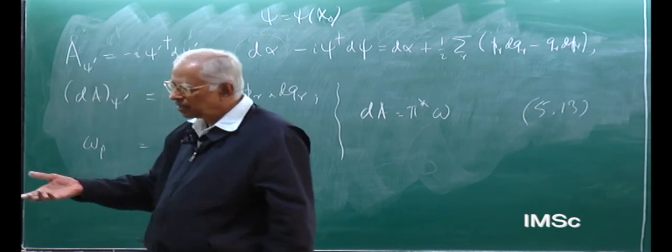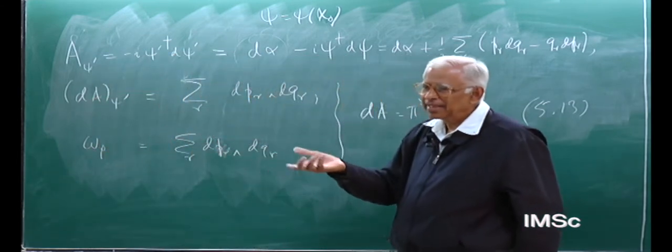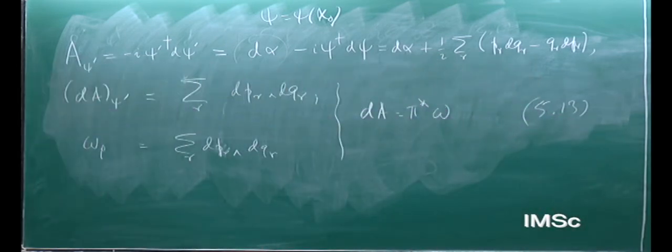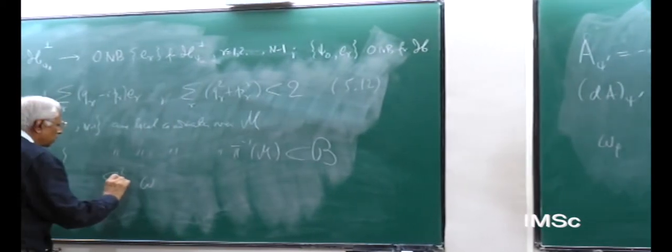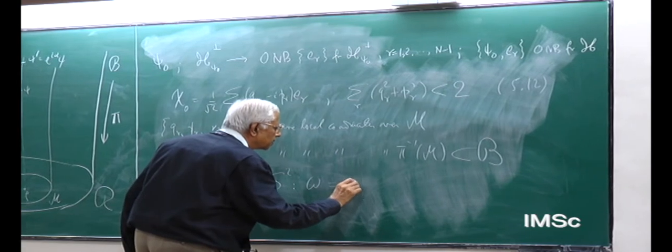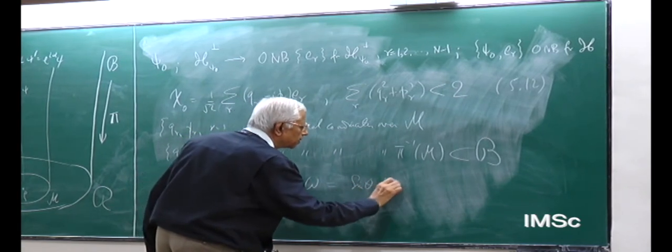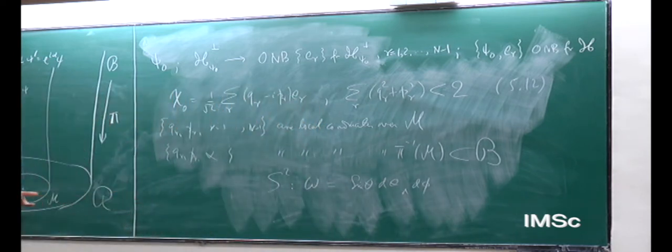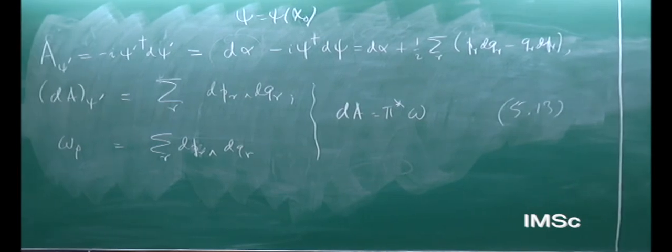If you take S2, it is a symplectic manifold. It has a symplectic structure, and some of you may have seen the omega in the case of S2 is sine theta d theta wedge d phi in terms of the usual spherical polar angles. This is a perfectly well defined two form. You may wonder what happens at the north pole and the south pole where theta and phi are not well defined. Sine theta will vanish. So there is no problem in the structure of omega.